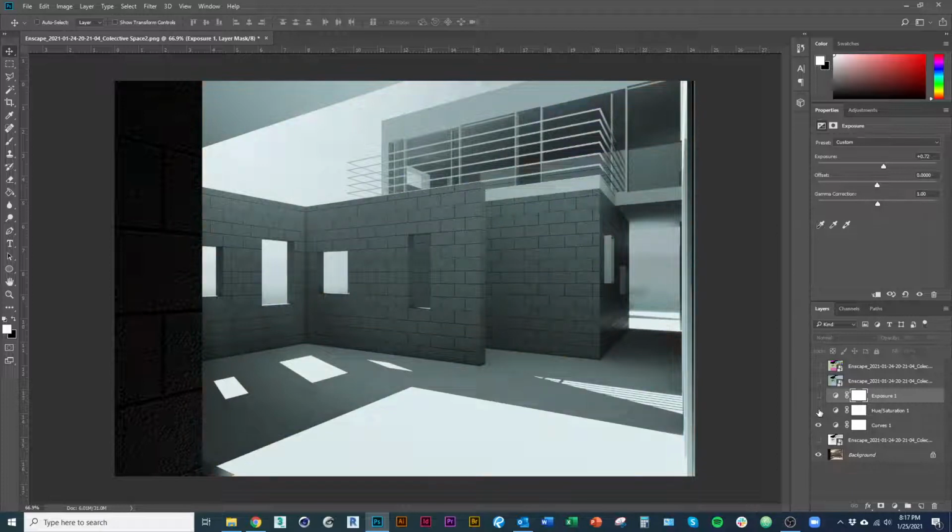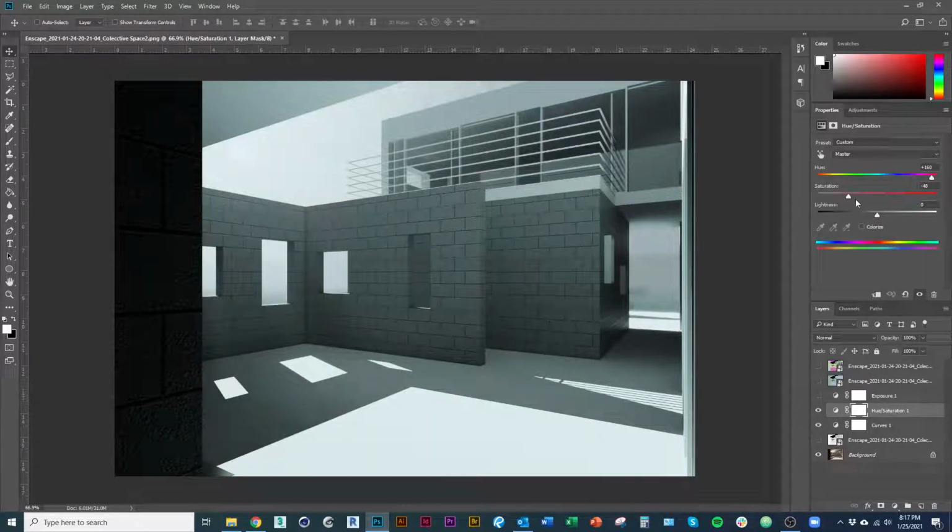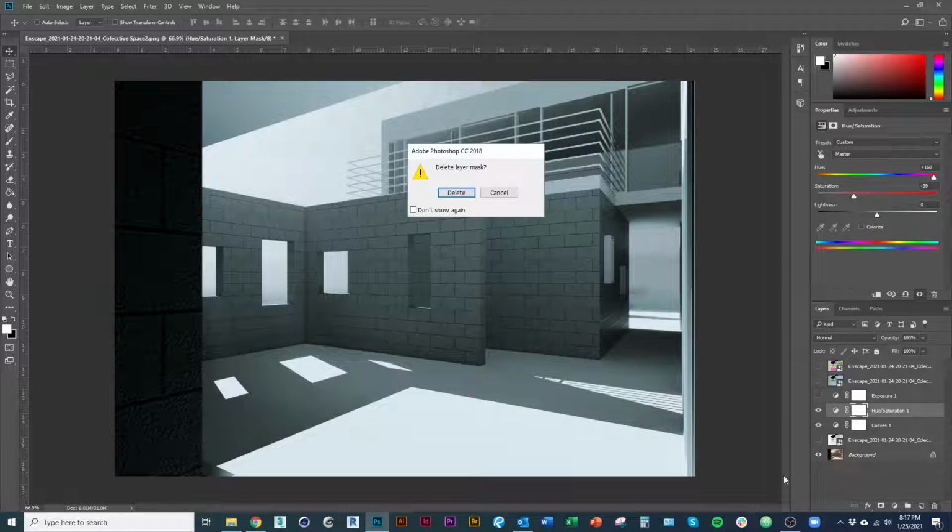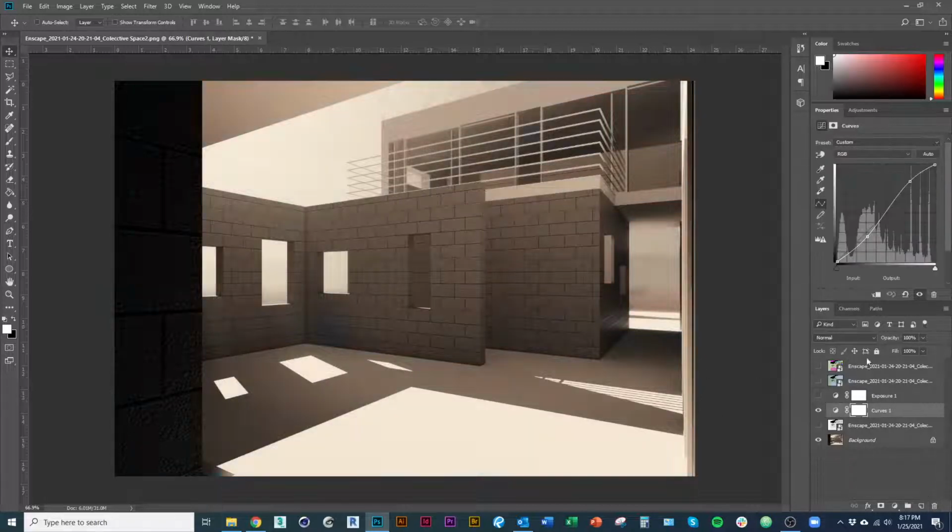And I think it's useful to use a very specific color tone to help make the image cohesive. Another way to do this, other than hue and saturation, delete the actual layer here, is